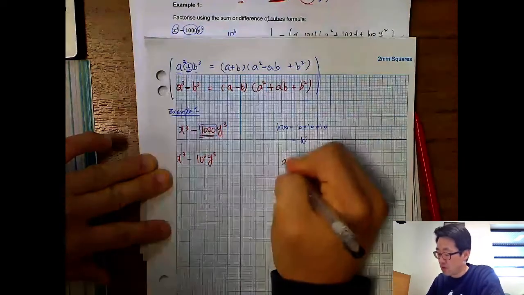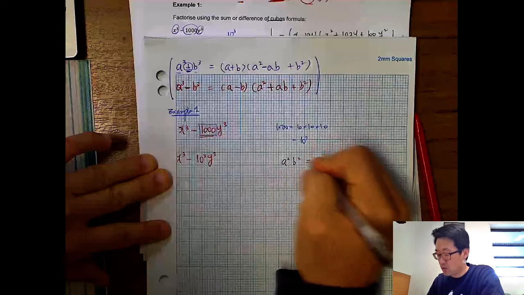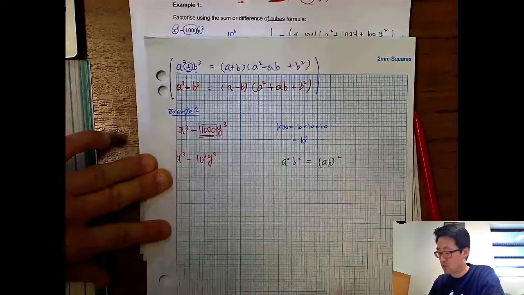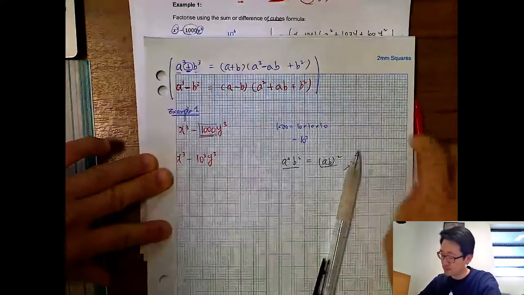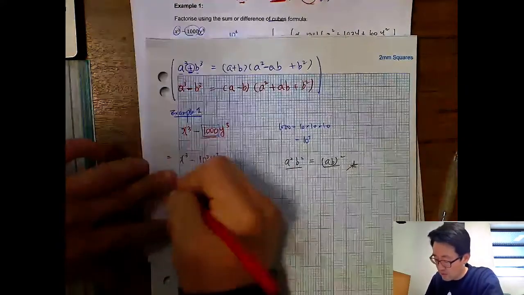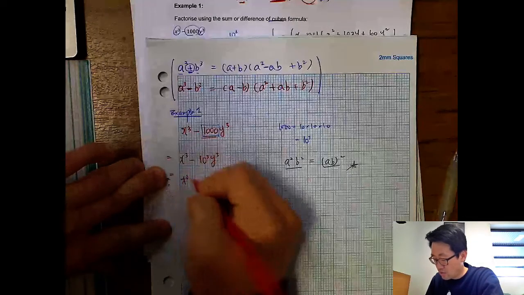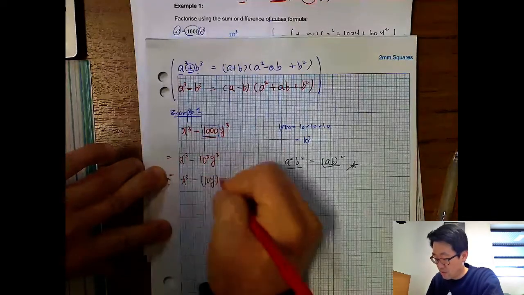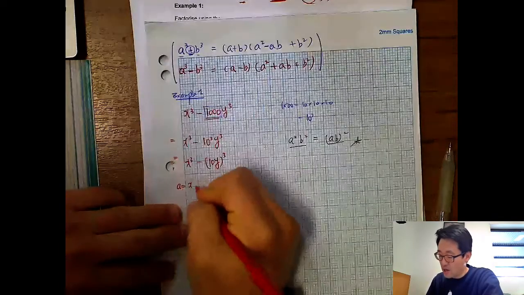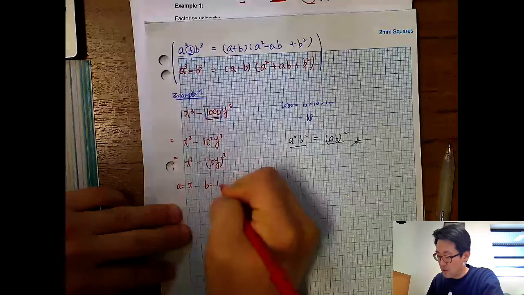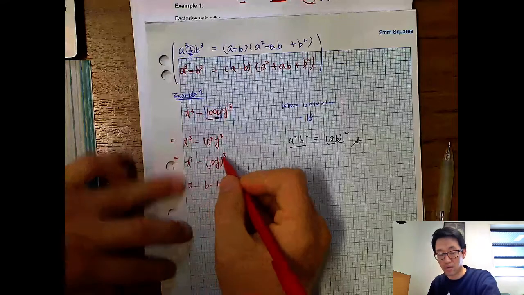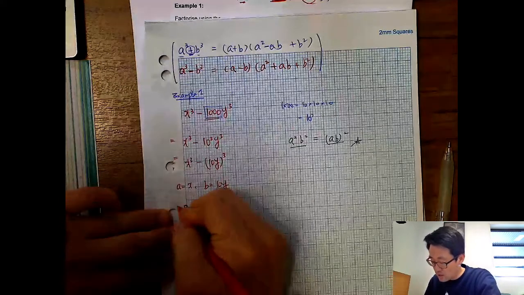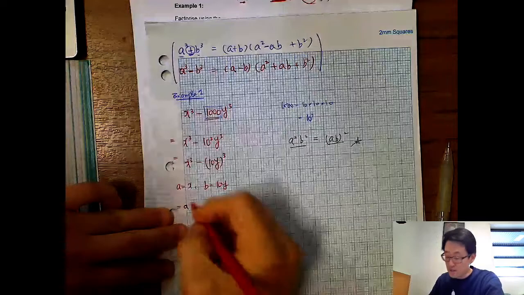Previously, we learned that a squared b squared equals (ab) squared. They're the same thing, wasn't it? Make sure you remember that. So in this case, I can write down x cubed minus (10y) cubed. Excellent, guys. So a is x, b is 10y, isn't it? Remember that a cube minus b cube form. So that is the same as, now we're factorizing,